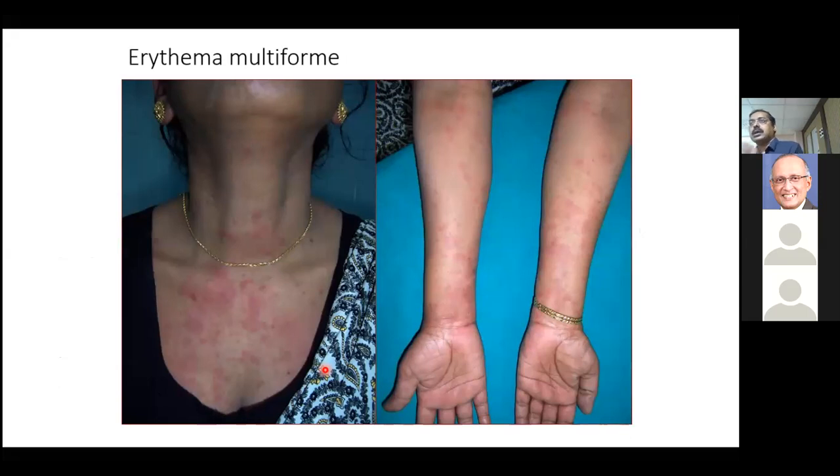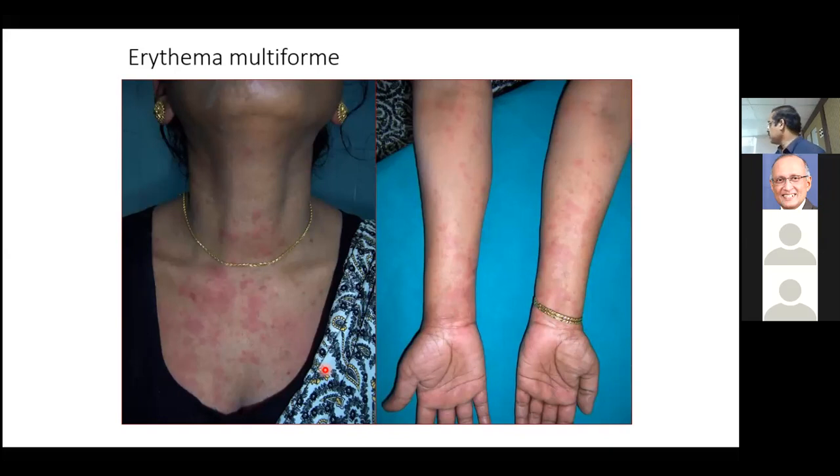I know initially you all were confused. Now I have confused you a little more, right? But when you go back and look at this presentation, you will realize that there are small clues which you can take, which will give you some idea of where you're headed, right? So when we see a patient with a maculopapular rash today, even I am in doubt and you are also in doubt. Viral or drug? Is it viral? Is it drug? But there may be certain clues which you can look for, right?